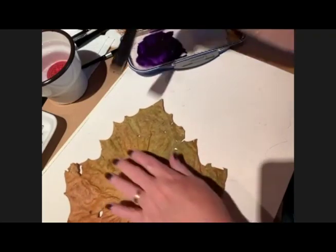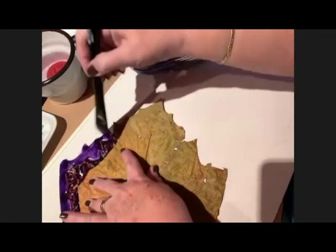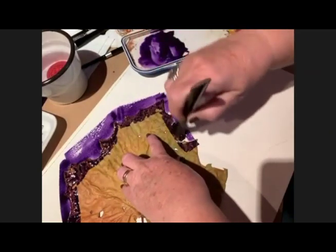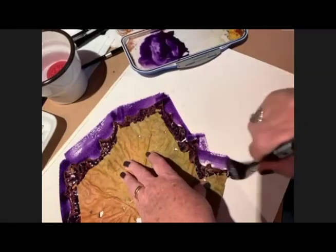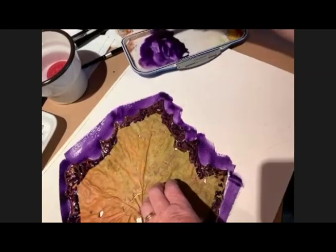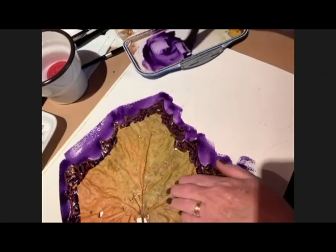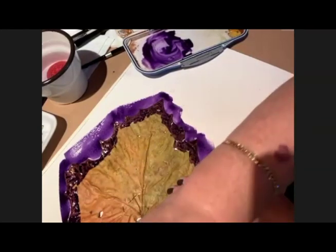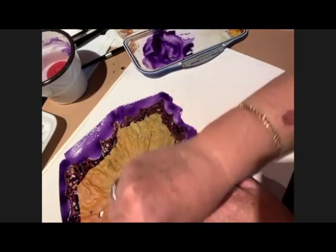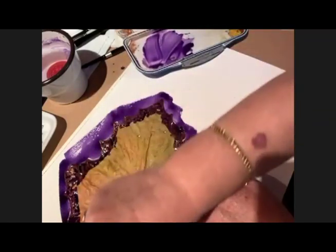Okay. So this one is going to be one where I'm going around the edge. And you need a nice big brush. And don't fret if it's not exactly right. Not exactly perfect. That's what this is all about. This is about more freedom. So go around your edge. Let me tell you, once you start this, you're going to absolutely love it. You're going to love it because it's different. It's a different feel altogether. And you should try to have enough color mixed, which sometimes I do, sometimes I don't. And if you want a different kind of an edge, you can go back and,